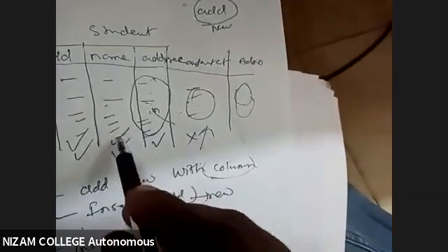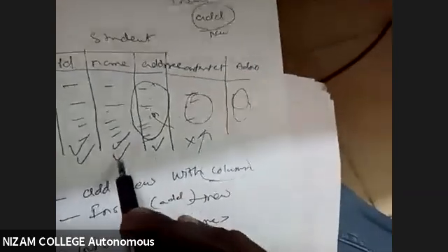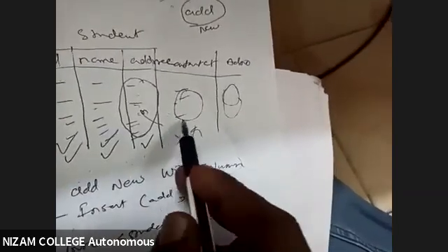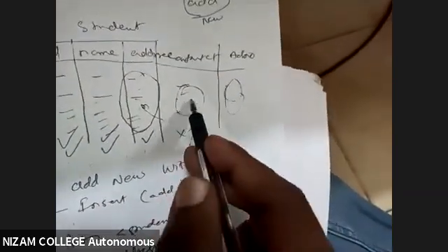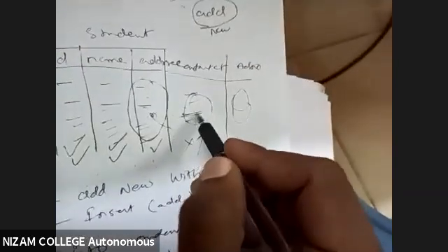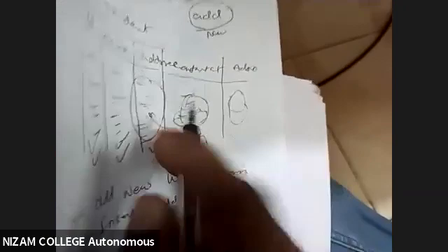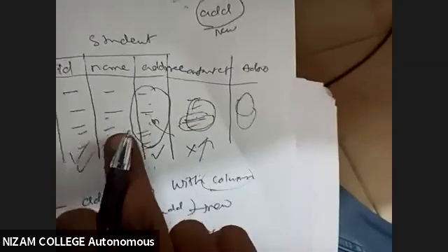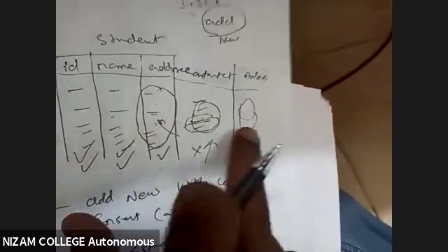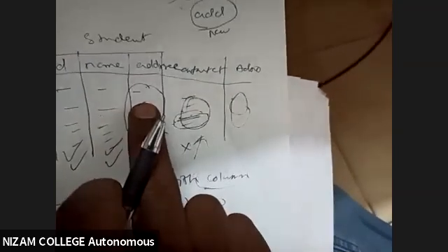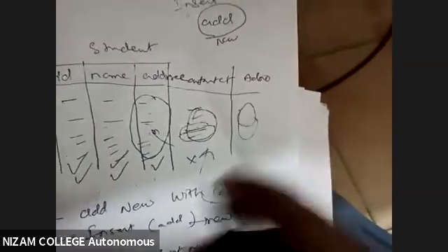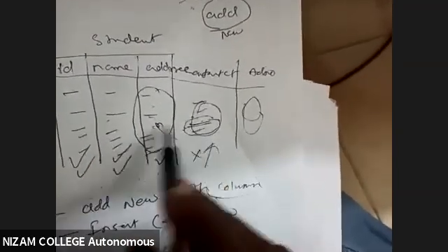That means if I want to change my name, because of a typing mistake, or because my name has changed due to some circumstances, I want to change my name, or add new details to my existing ones. I have the contact number, which is either empty or wrong, or the spelling is wrong, or it is not as per the SSC records. There may be spelling mistakes in my address, or I gave the wrong or a temporary address. All these things need to be done with my command.